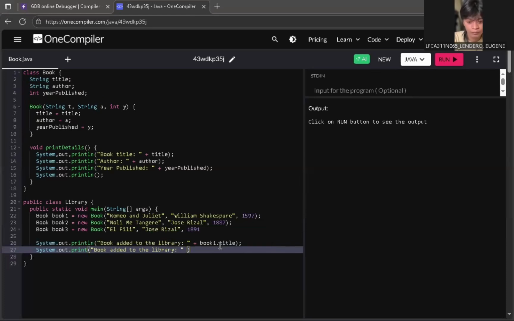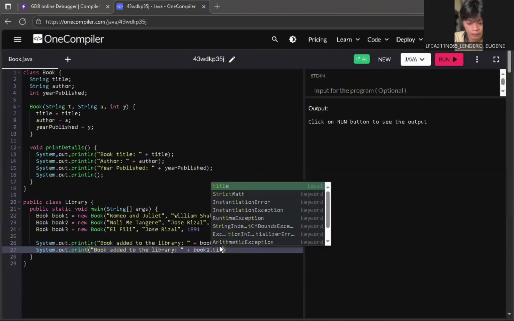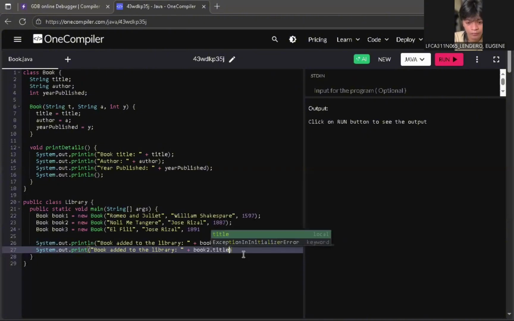Then for our third book, System.out.println.